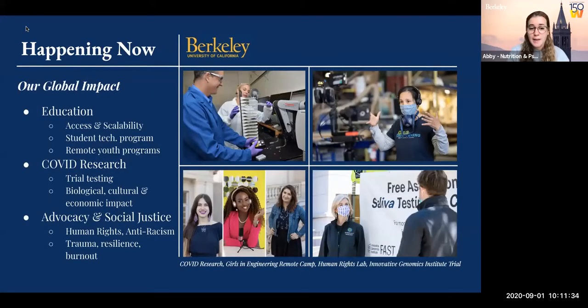So just to address what's happening now with our global impact, in terms of education, we're really focusing on access and scalability, student tech programs, and remote youth programs. This means that a lot of people who might not have access to certain Wi-Fi or different computer access while we're virtually learning currently, we have a really, really accessible program for those students. I know for me, I'm living in a house with a lot of other people, the Wi-Fi is a little spotty, and I actually just submitted a request for a hotspot and no big deal, they're gonna send it to me. So these are the kind of things we're really trying to implement in this weird transition to a virtual age